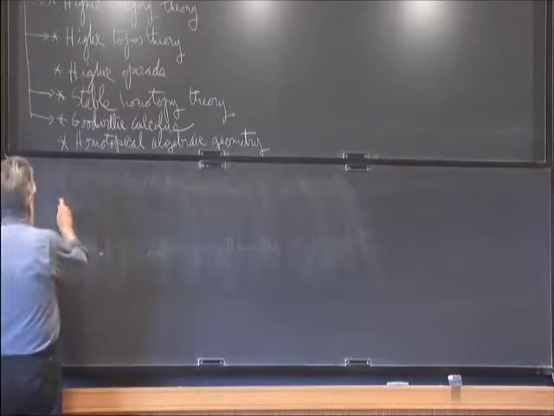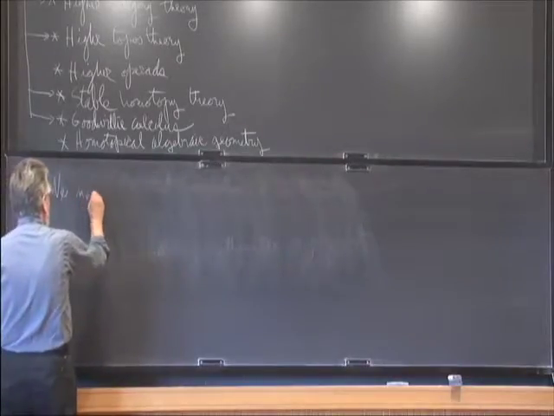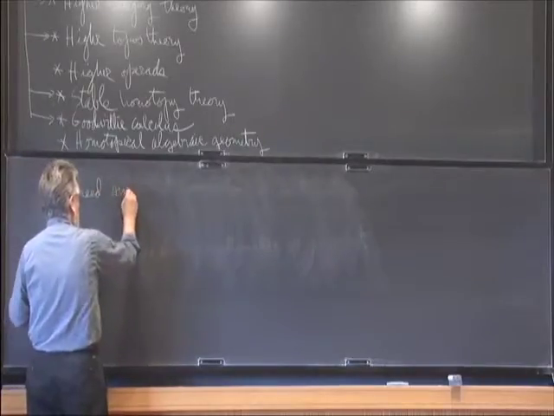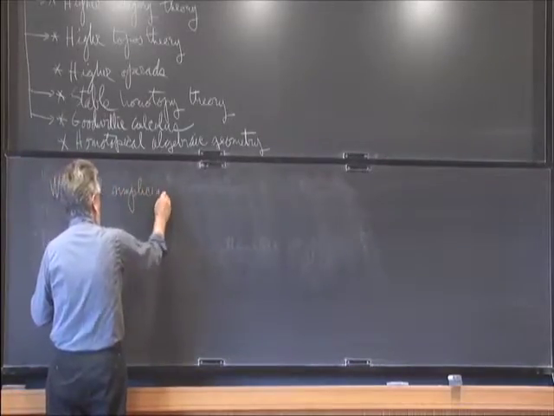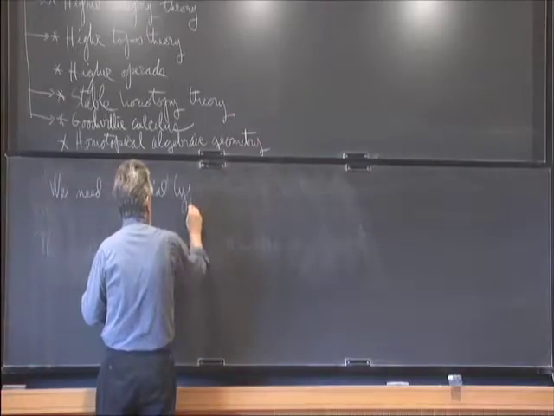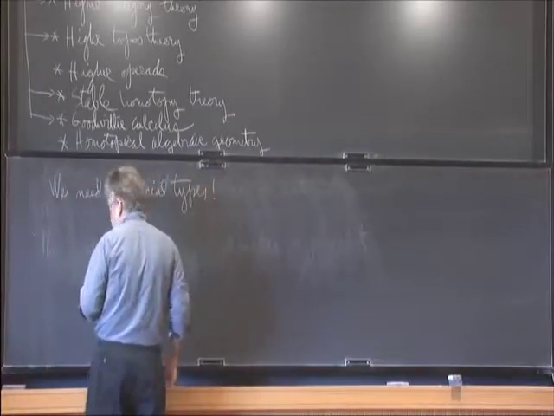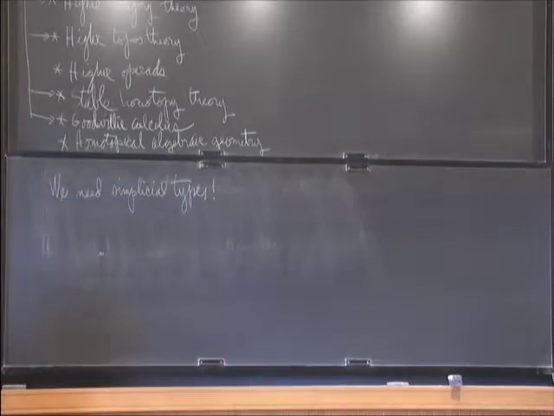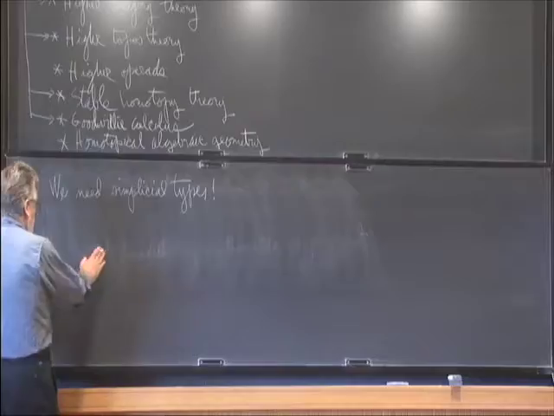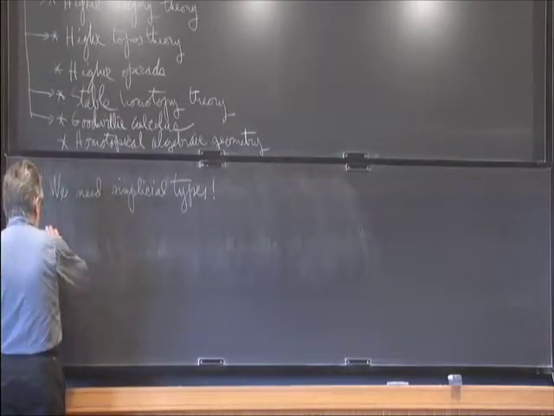So the first thing we need is simplicial types. This is very clear. And why do we need simplicial types? Maybe I should recall a little bit why we need simplicial types before getting involved in how to handle this problem. So I recall that a simplicial object